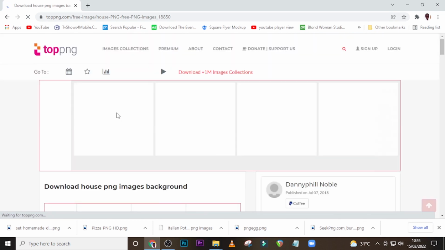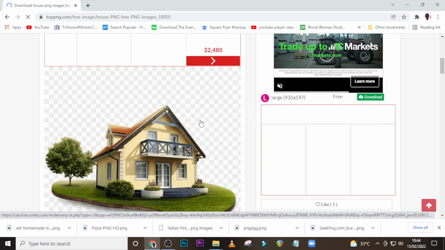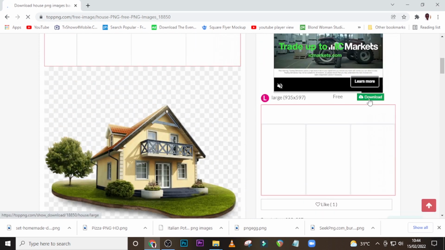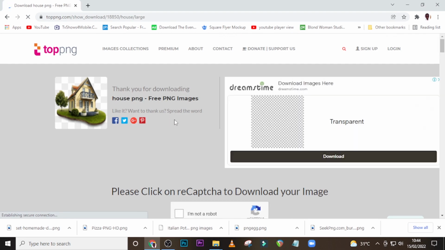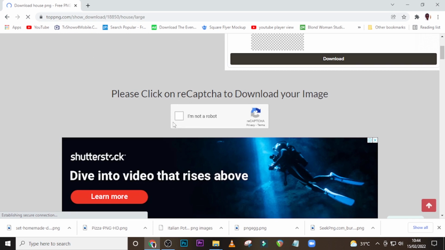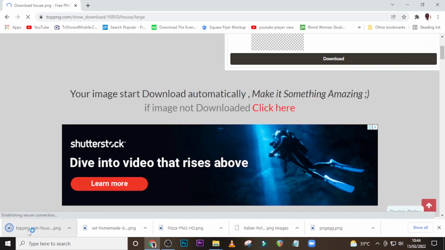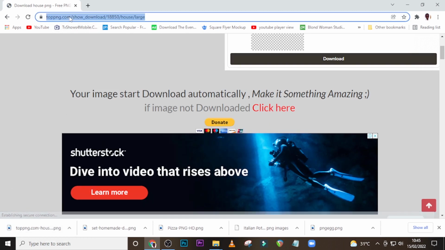This is awesome. Okay, so where is the download button? That's what we are looking for. Normally it's up here. Okay, so this small green button over here, click on it, and thank you for downloading. It means it's going to load very soon. Alright, so click over here, I'm not a robot, and then automatically it will download for you. This is also great. The next one I want to introduce you to is